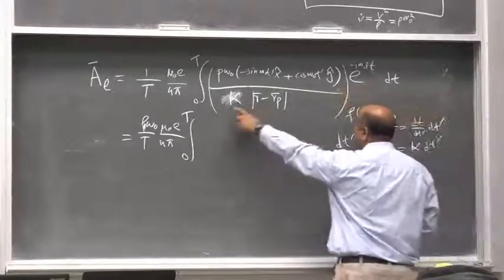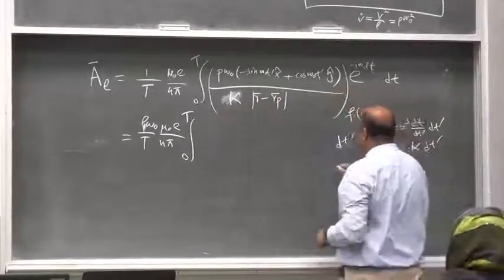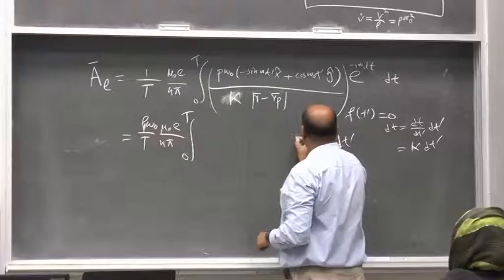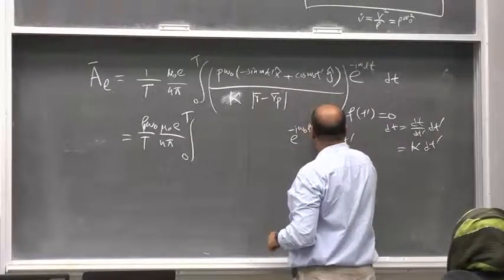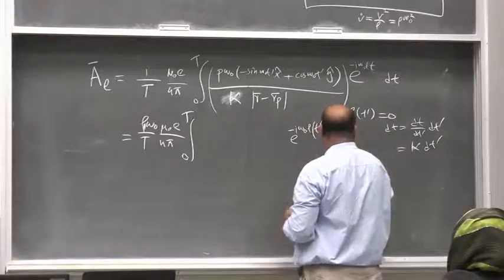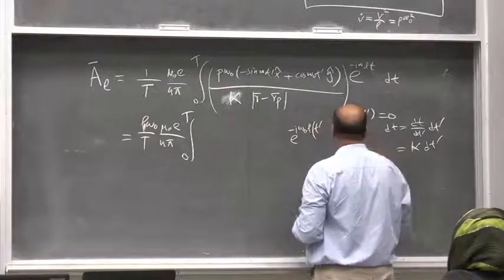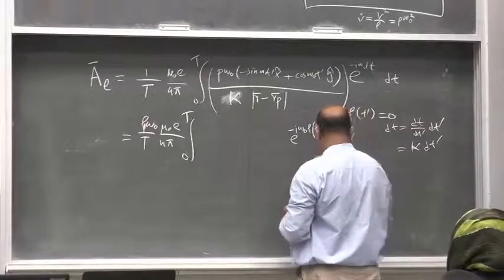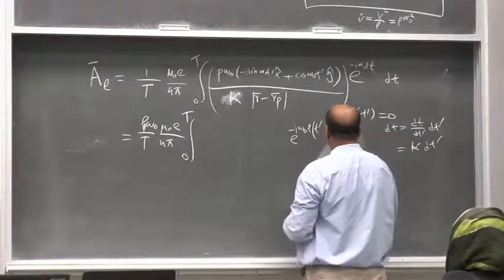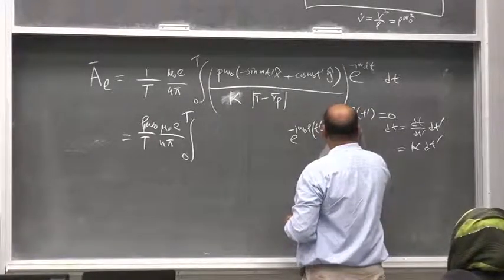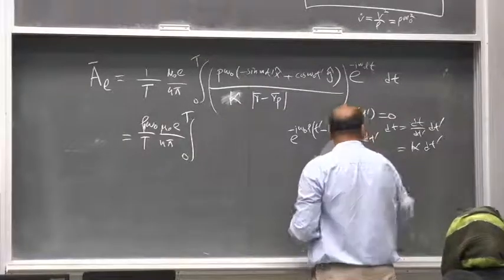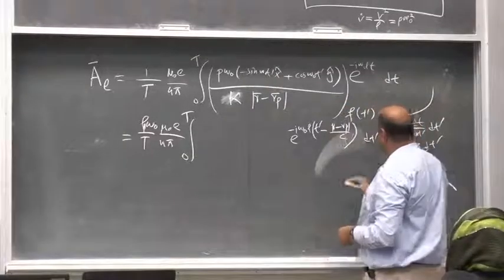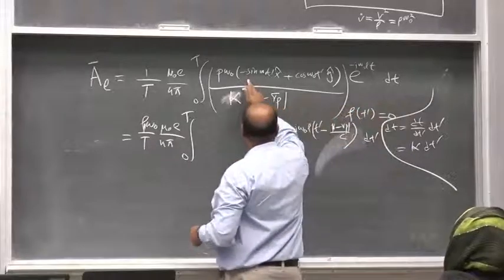This kappa cancels with this kappa, and this exponential factor is minus i omega naught l, t prime minus R minus R prime over c, dt prime, and here comes